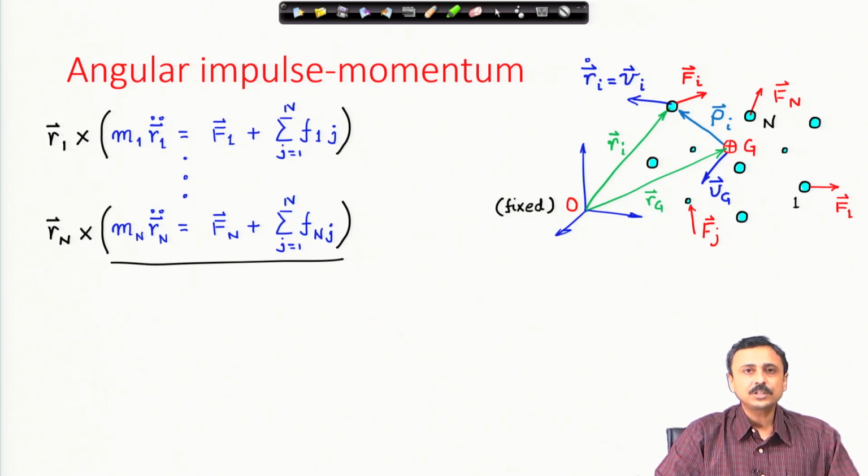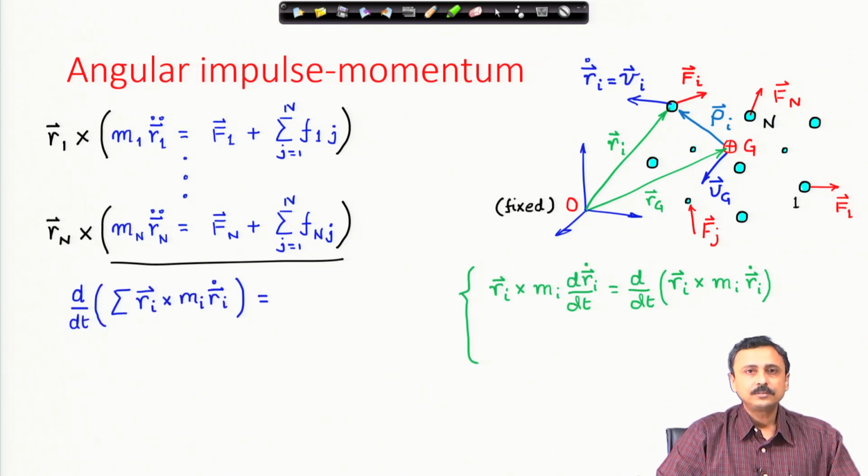So, for the first equation I have r_1 cross Newton's second law for the first particle. For the second particle, it would be r_2 cross Newton's second law for the second particle, and so on. For the nth particle it is r_n, the position vector of the nth particle, cross Newton's second law for the nth particle. When I do this and sum over,